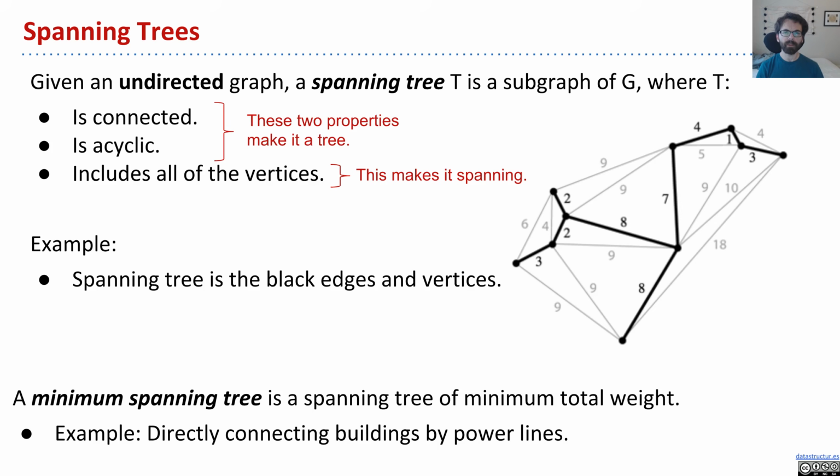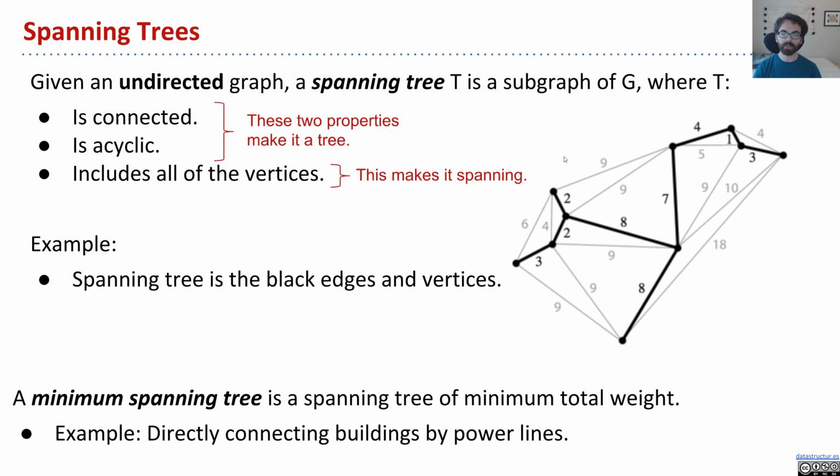In this lecture, we'll wrap up our discussion of graphs, and we're going to do so in the context of something known as a spanning tree. So what is a spanning tree? Well, first, I have to note, this is only defined for an undirected graph, so none of our edges can have arrows. And given such a graph, a spanning tree is a subgraph of G, that is a set of vertices and edges, where that set of vertices and edges T is connected, it's acyclic, and it includes all of